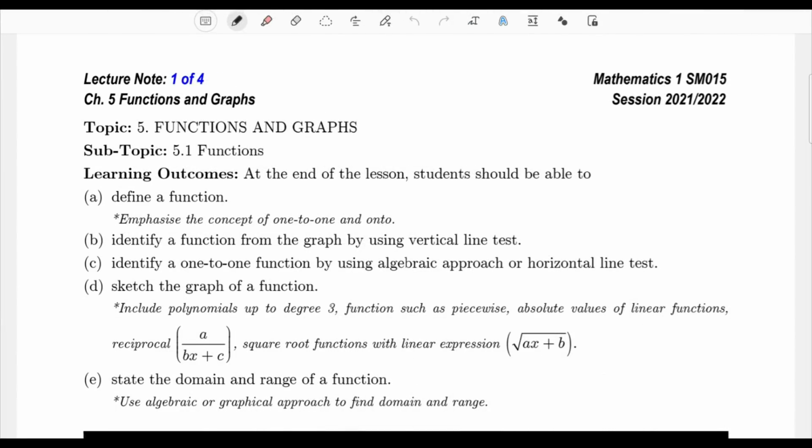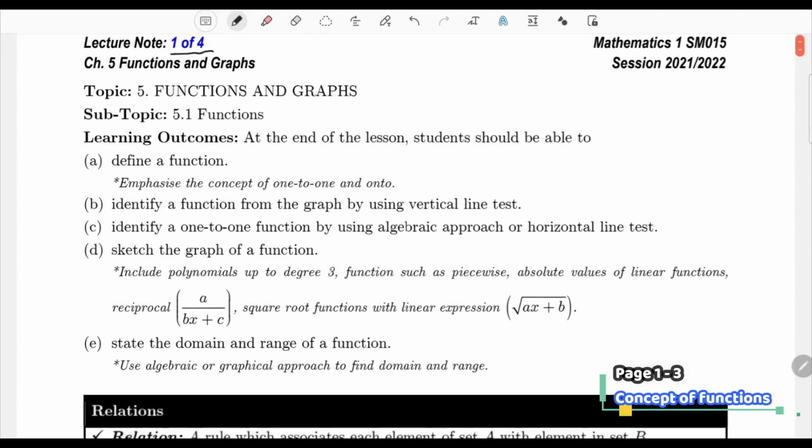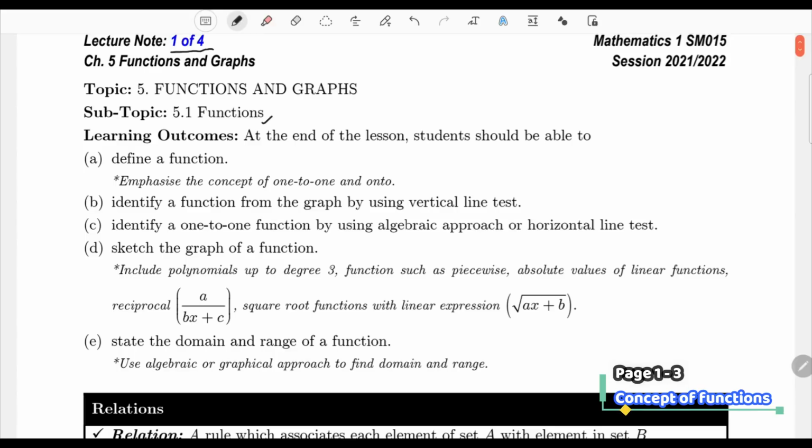Chapter 5, Functions and Graph. This is lecture 1 of 4. The subtopic will be 5.1, Functions. Learning outcomes: at the end of the lesson, students should be able to define a function, emphasize the concept